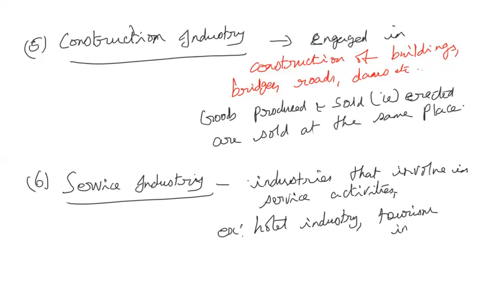If anything has to be called an industry, it has to grow tremendously. The revenue from that particular activity should be phenomenal. Then we categorize that as an industry. So it is a status given to any activity to call itself an industry. So entertainment industry, Bollywood is an industry now because of its revenue. So that's why it is now called an entertainment industry. Okay. So these are all the various classifications of industries.